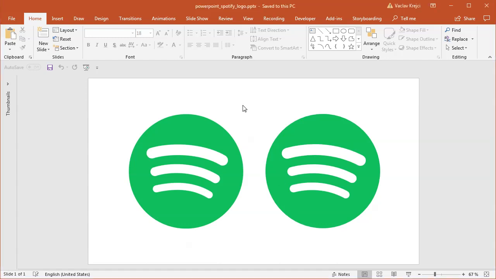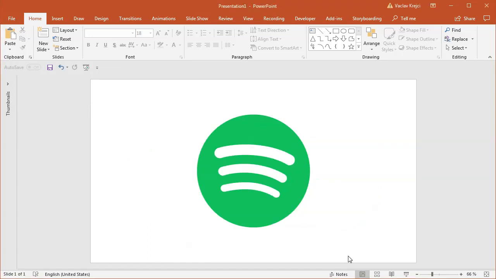Today I will show you how to create this cool looking Spotify logo inside Microsoft PowerPoint. So the left one is an image, the right one is the creation done in Microsoft PowerPoint. So let's get started. I will start in the blank presentation and I want to start by tracing those